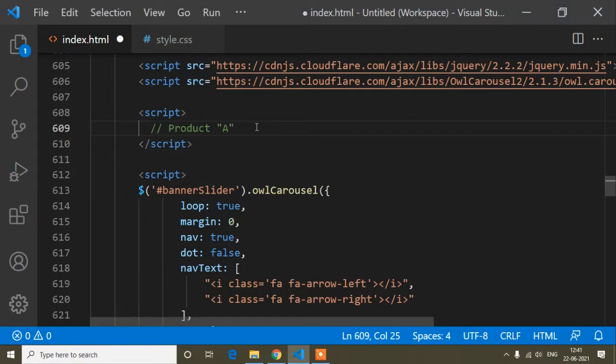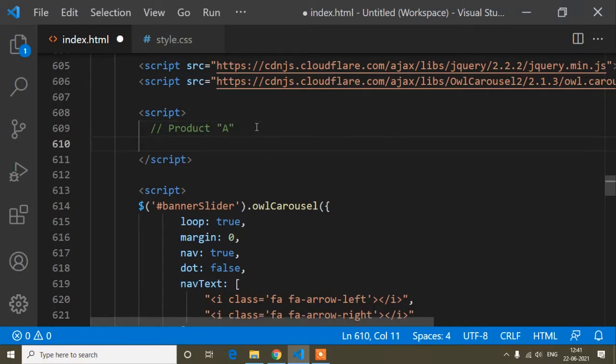understand how it works. Okay, so product A, and guys, you have an offer: if anyone purchases within 1 week, you will give a discount. From today for 1 week, like today's date is 22.